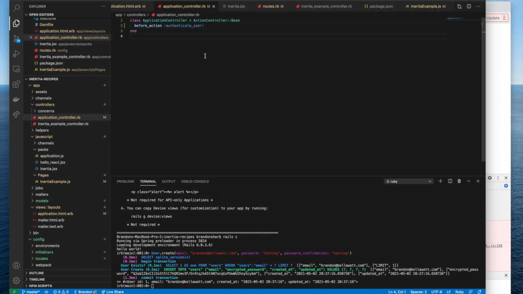Now, why did we put the before action here instead of on the Inertia example controller? It would have worked fine in both places. The reason we put it here is because the Inertia example controller inherits from the application controller. And most likely, nearly every controller in our app is going to inherit from that application controller. So we can put things there that we intend to run on nearly every controller in the app. Another thing we can do here